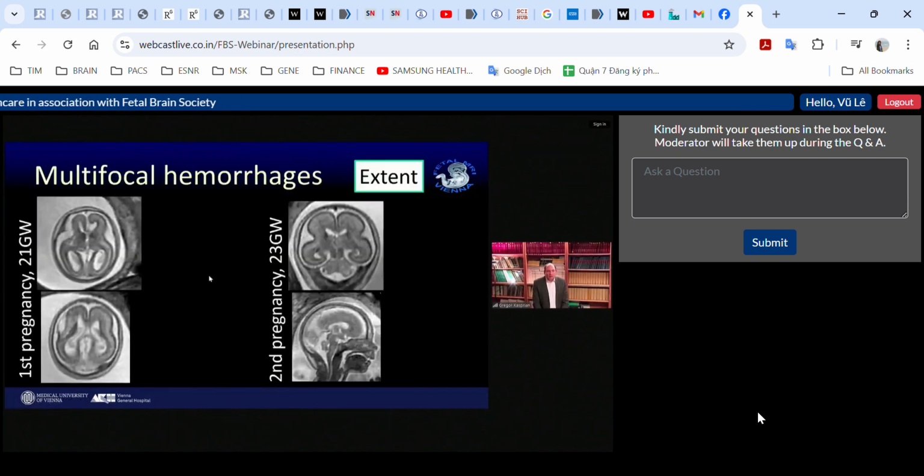Now, with the T2 star sequences, you are also sensitive to multifocal hemorrhages, and that might help you in the differential diagnosis. You see here a case with multiple defects of the brain, and also in the T2, you even can assume that there are small defects in the cerebellum, but you might not be sure. And if you have your T2 star, everything is